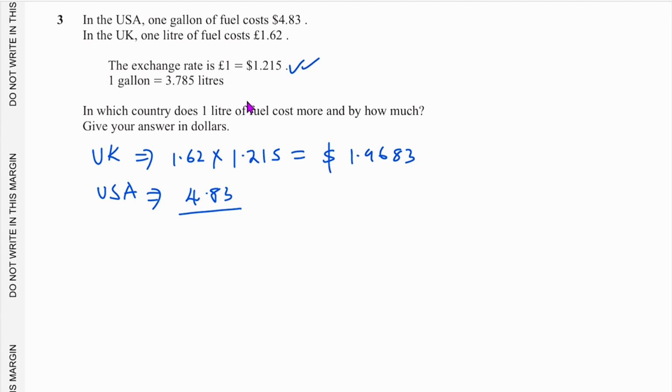We divide by the number of liters. So we are given that this is the price per gallon. So 1 gallon contains 3.785 liters. So we divide this by 3.785 liters. So when we do this, we get the price per liter in dollars to be